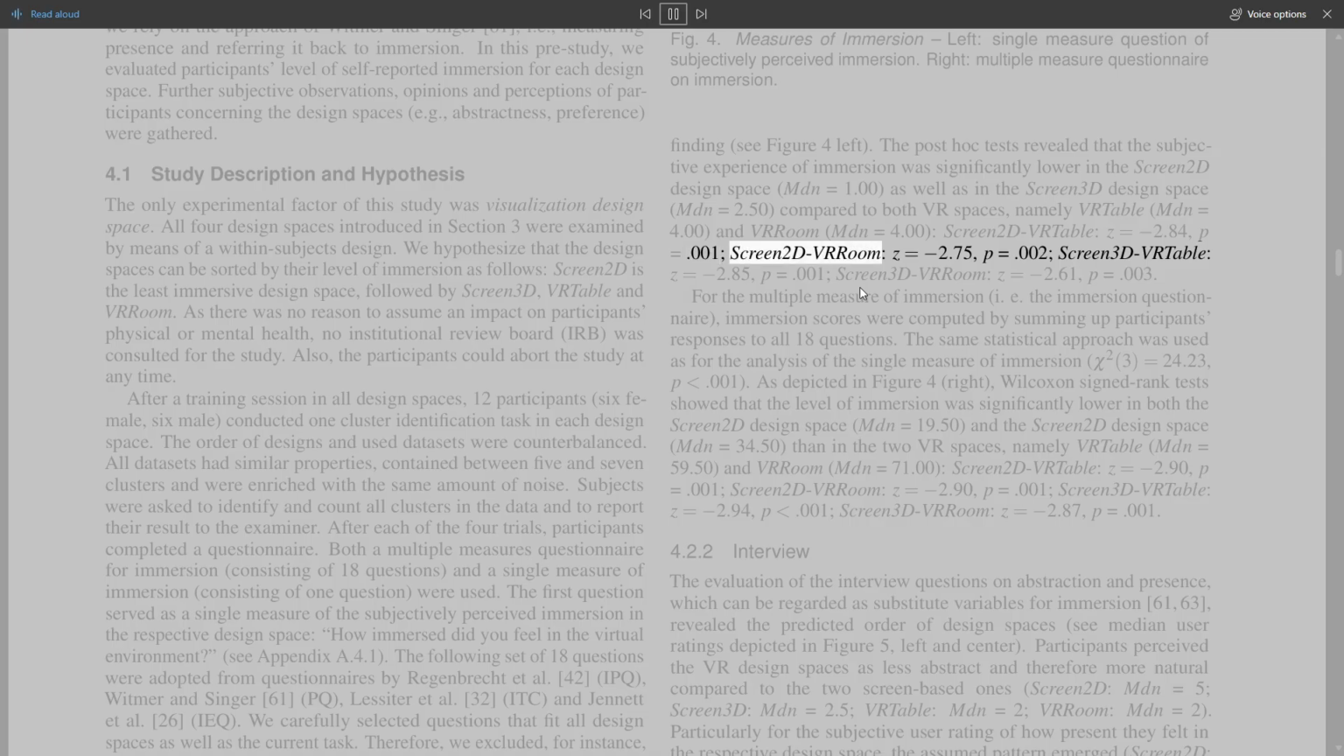0.001; screen 2D – VR Room, Z = 275, p = 0.002; screen 3D – VR Table, Z = 285, p = 0.001; screen 3D – VR Room, Z = 261, p = 0.003. For the multiple measure of immersion, i.e., the immersion questionnaire,